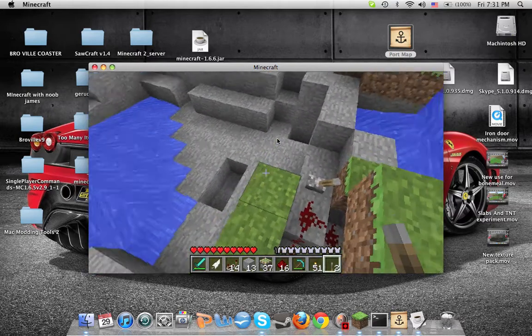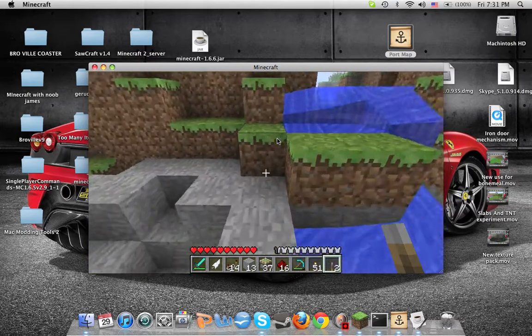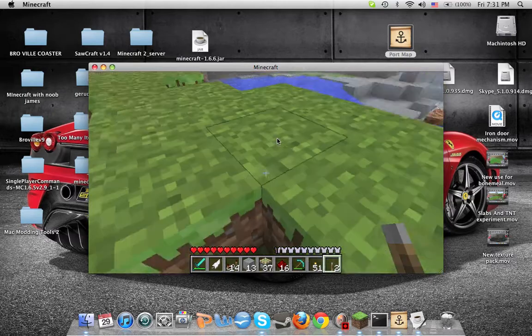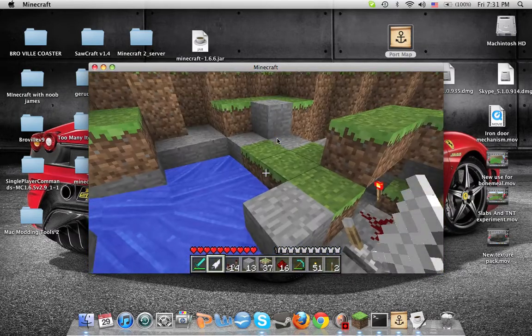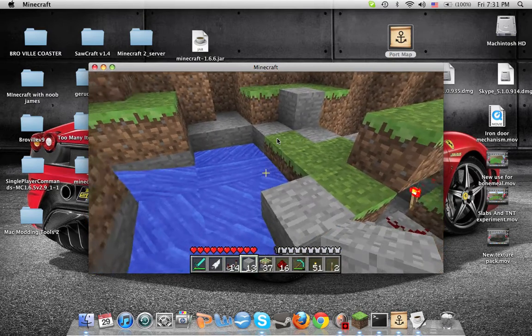So you know, in the new beta 1.7 they introduce you to the pistons. So there's a few uses I'm going to show you. So let's say you want to build an underwater base, and